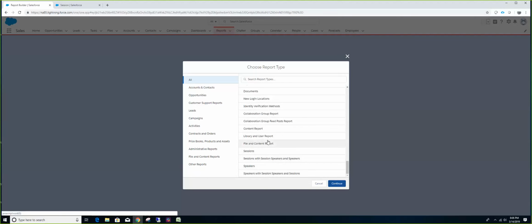So these are standard report types. When an object is created and a relationship is established, Salesforce will automatically create these report types based on the object name or the relationship the object has with others. If there is no relationship, there is absolutely no way that we can report on them.